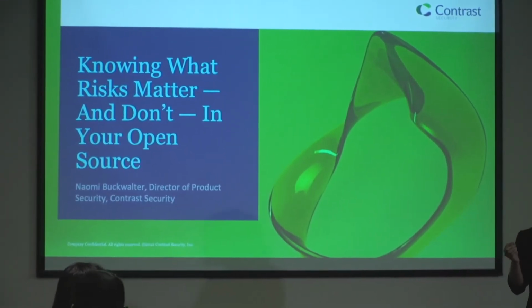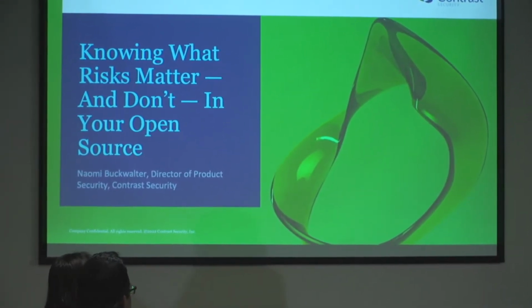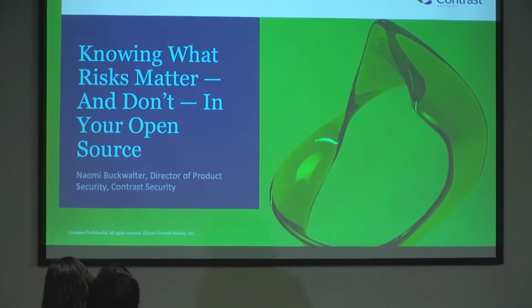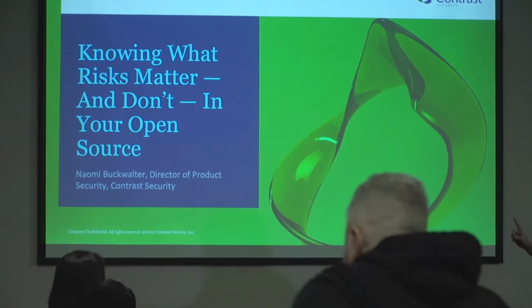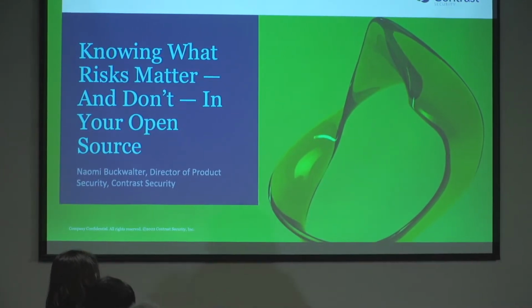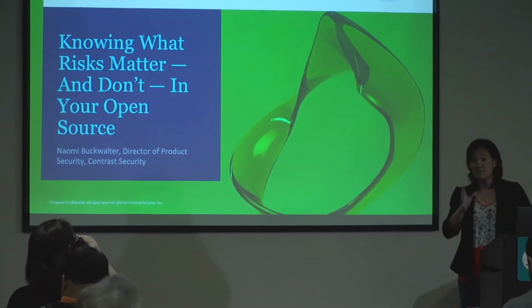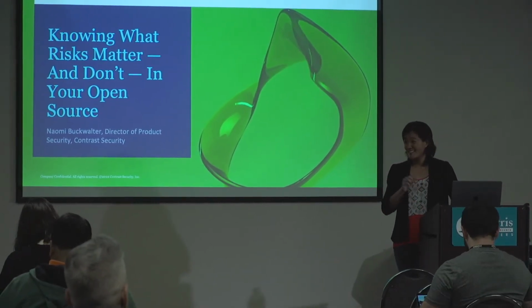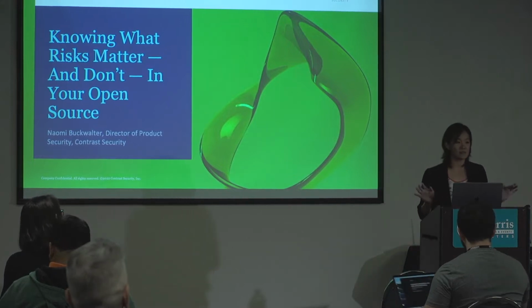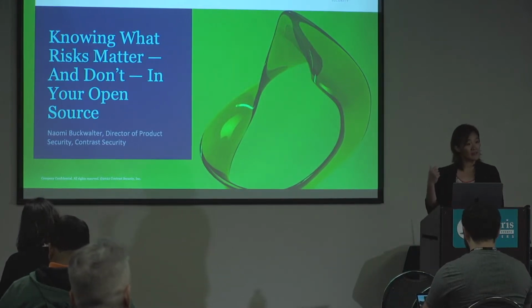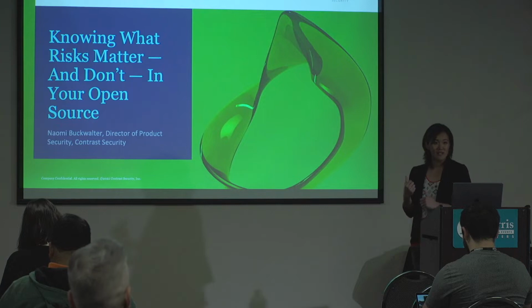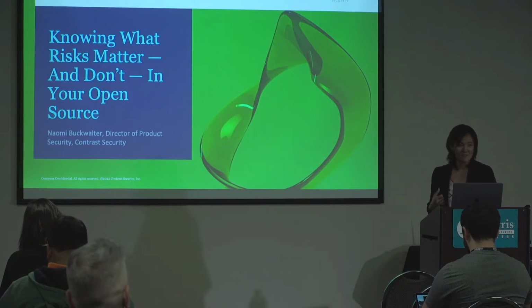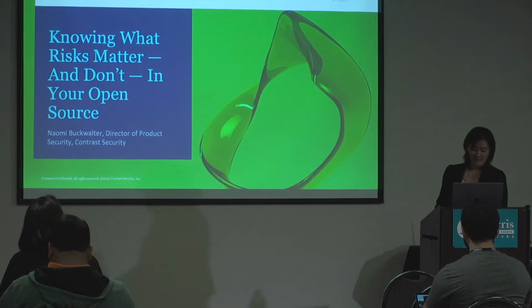You're here because I also care just as much as you do, hopefully, about open source risk, how we can actually get better at this. How do we actually mitigate and prioritize risk in our open source, in our supply chain? And I'll tell you a little bit about what we're trying to do right now. We're using CVSS, right? I'm telling you it's a broken system. I'm going to show you some better ways. Well, hopefully. That's why you're here, right? We're missing lunch for this. So let's talk about open source risk.